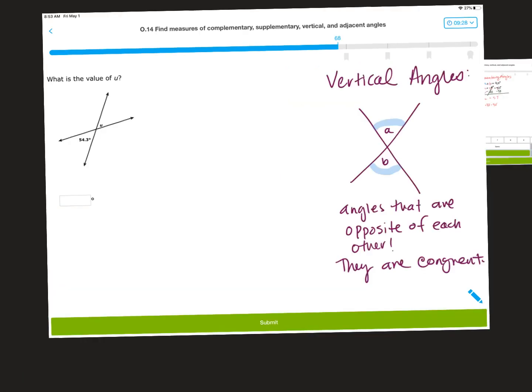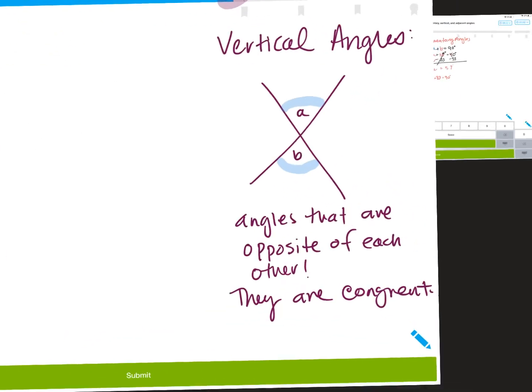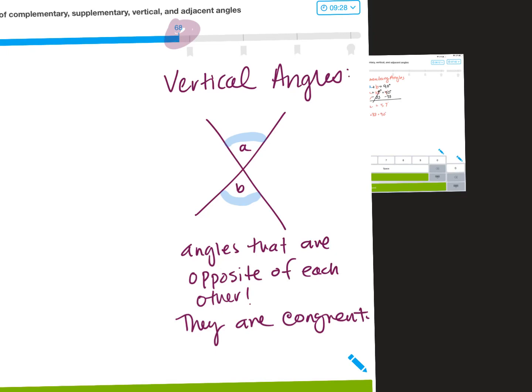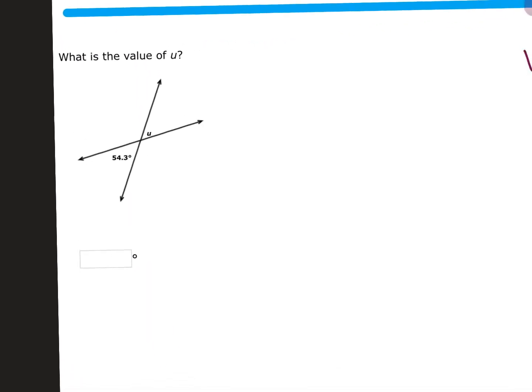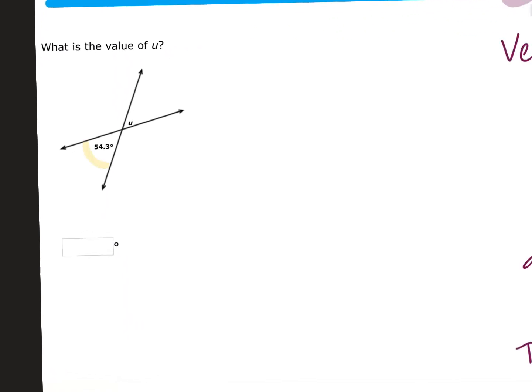Alright guys, so this is the last one that I'm going to show you because it's so close to Smart Score 70. So it has to do with vertical angles. And vertical angles, remember, are just angles that are opposite of each other. So they're on the other side of each other. And what's special about them, the property says that they are congruent. So this one's pretty basic, pretty simple. If this is 54 degrees, and you can tell that they are vertical angles or opposite of each other, then the other angle, u, should also be